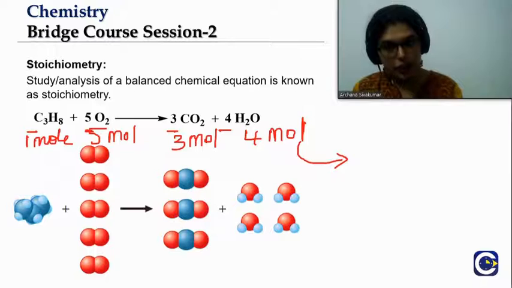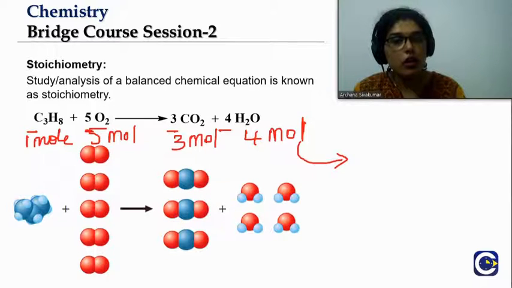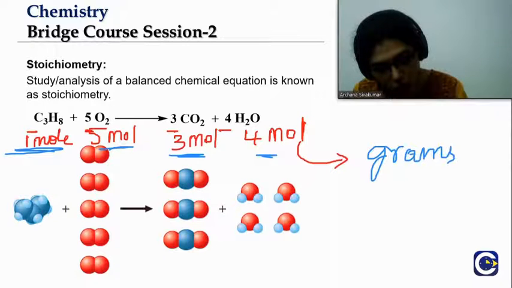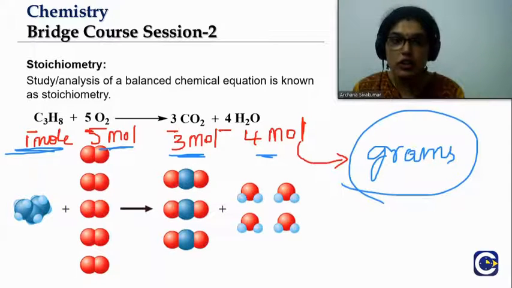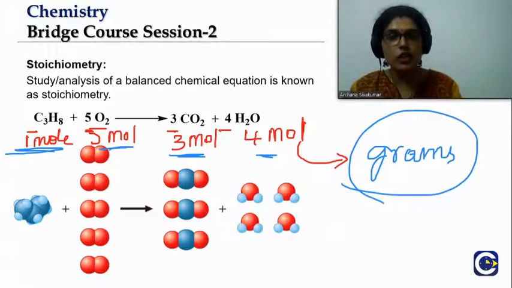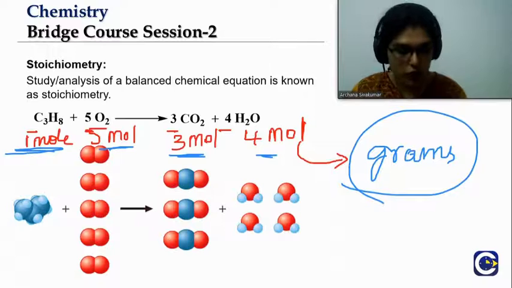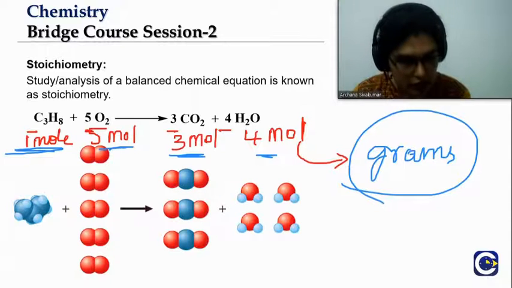Now, if I have to convert it into grams, I know that 1 mole of oxygen is 32 grams. Am I right? So, for each of these balanced chemical reactions, using these moles, I'll be able to find out the grams of the reactant or product in this reaction. So if I say I need 1 mole of propane gas to be burnt completely, how much oxygen do I use? I will use this molar ratio and find out how to calculate the grams. So that is what we do using a balanced chemical reaction.